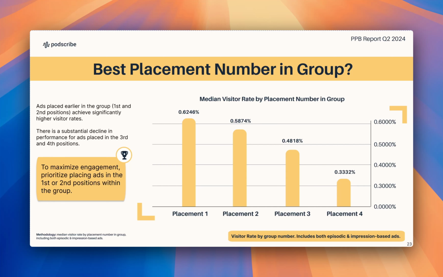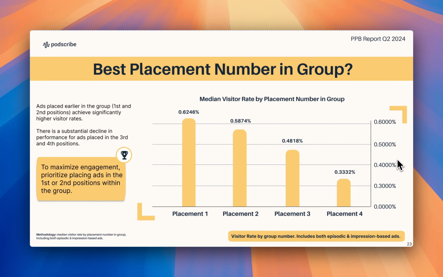Cool. Perfect. And that answered the question in the chat. First is typically pre. Yeah, first is pre, but the second group may also be pre or could be mid-roll. So that's why we don't talk about pre, mid, or post. We typically talk about ad groups. Yeah, and it really does vary by publisher, by show. I mean, even sometimes by episode.